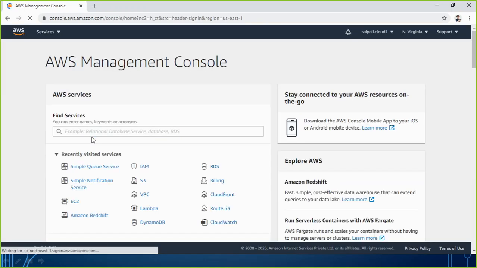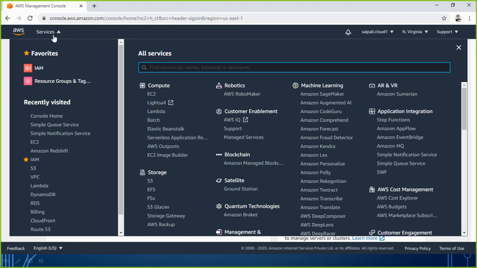So here we are. Now which service are we going to look for? SNS. Where are we going to find that service? Go to the services list and look for SNS.